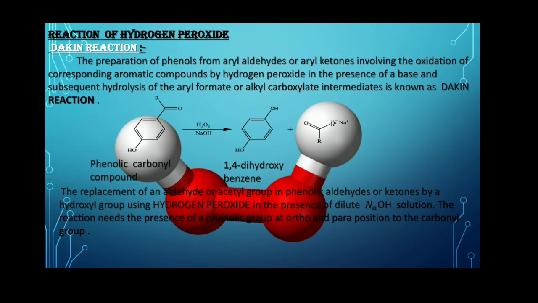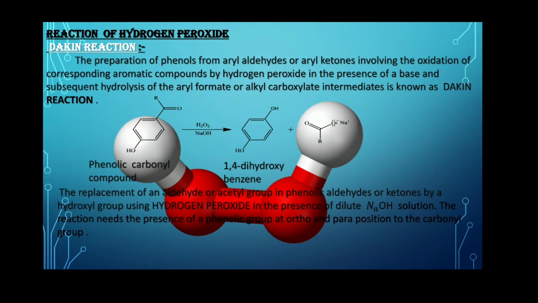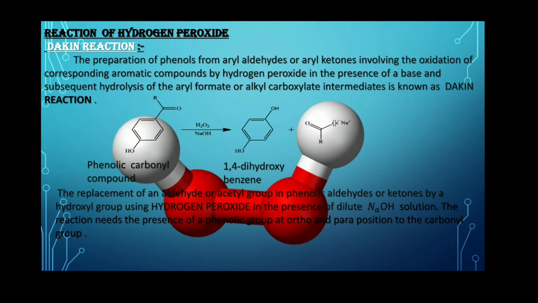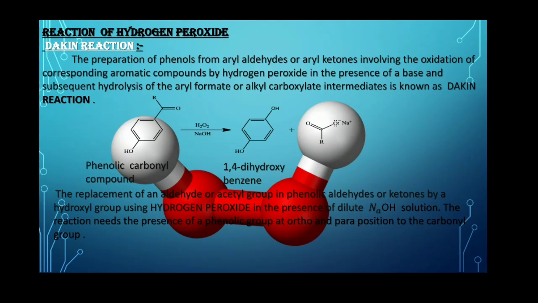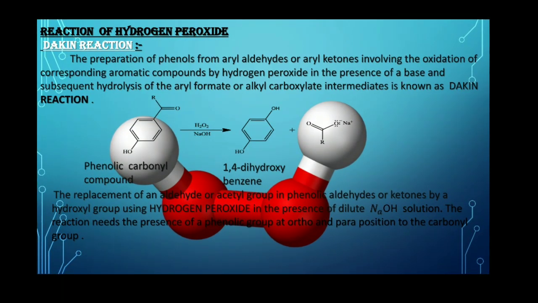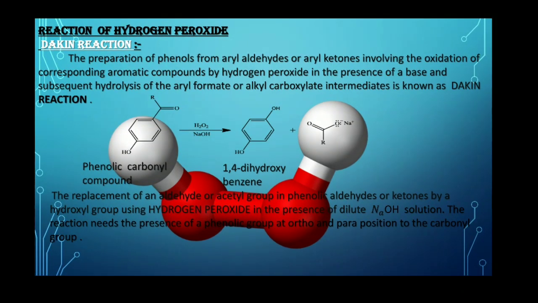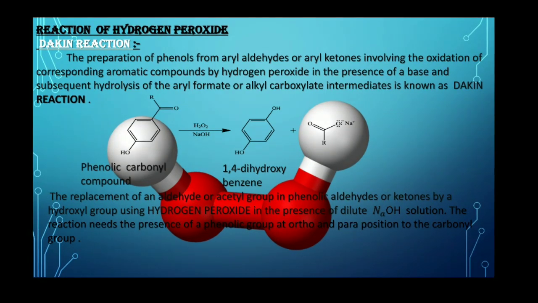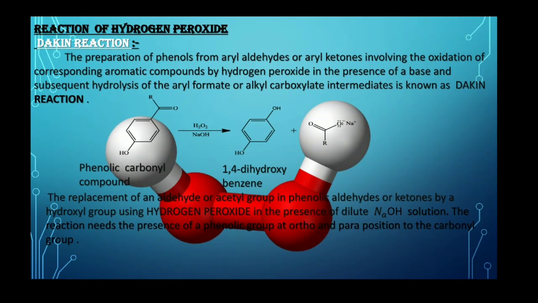We know hydrogen peroxide is a powerful oxidizer. It is used for the oxidation of carbonyl group of the aldehydes and ketones into hydroxyl group, carboxylic acids into peracids, nitriles into amides, trialkyl boranes into alkyl borates, and so on. Let us study the reaction of hydrogen peroxide and how it plays a role as one of the reagents in the Dakin reaction.